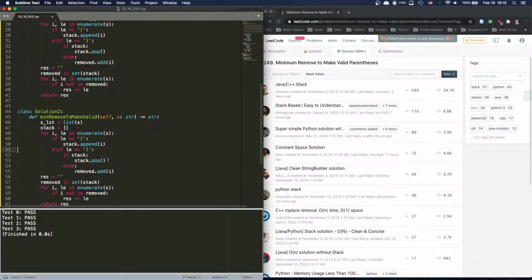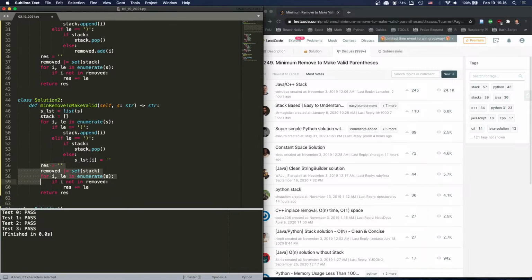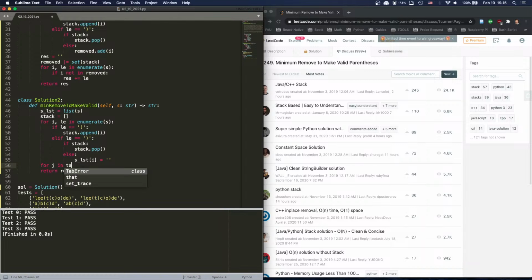And then it's just one this, and instead of remove, we say slist i equals, yeah. And we don't need this. We just need for j in stack, say slist j is empty. Actually, I can use i again. New thing. And then we're going to return